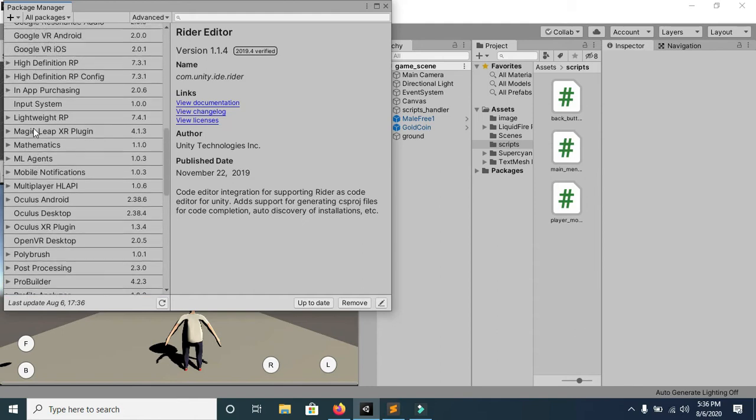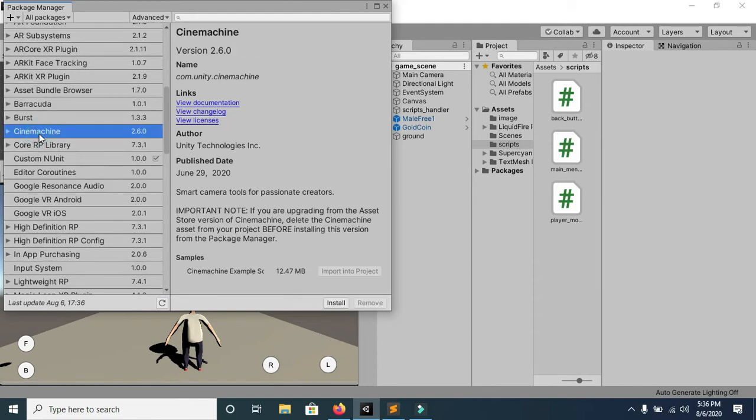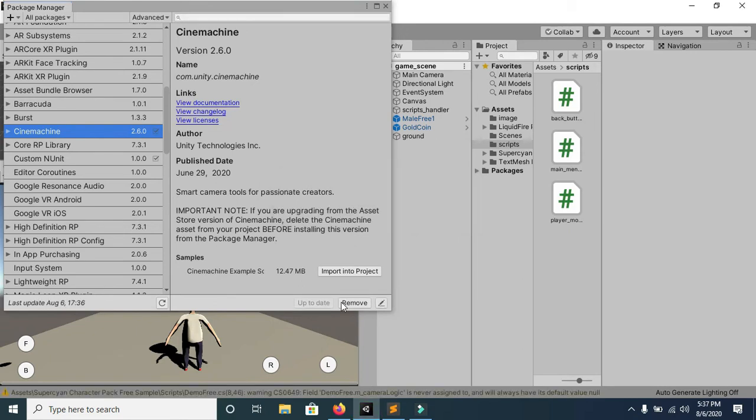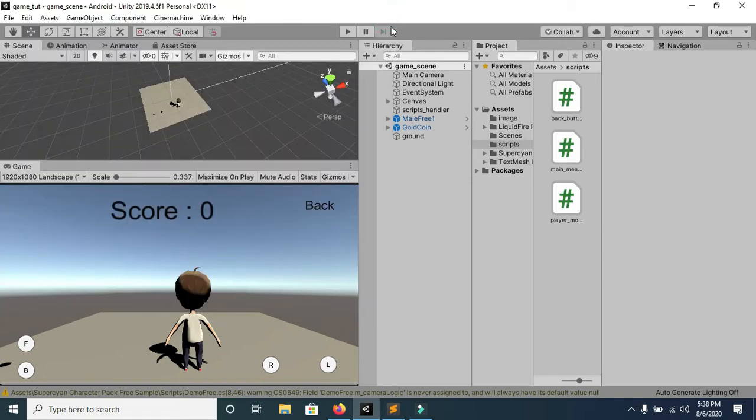But right now I'm using this Cinemachine package to follow our player movement. In this method, we don't need to write any code. We just have to make changes in our main camera settings, and then we will be able to track our player.